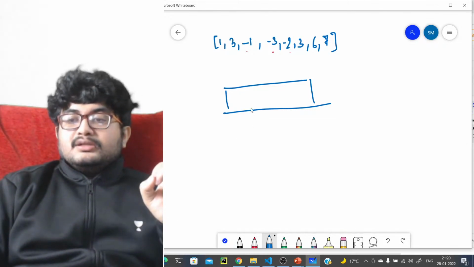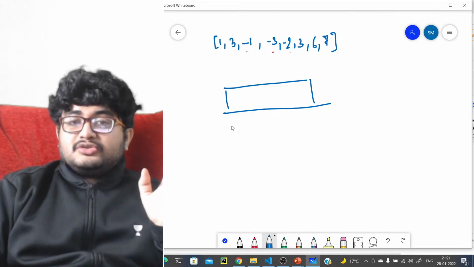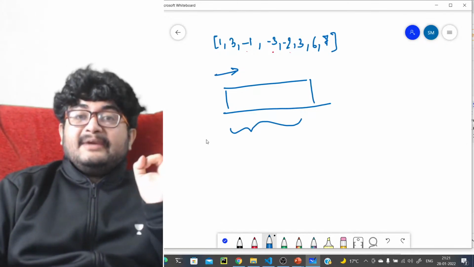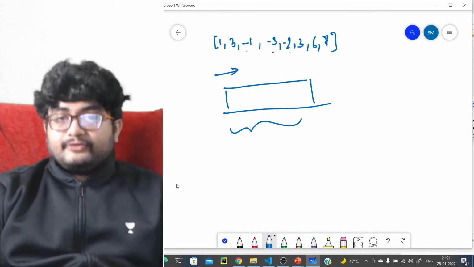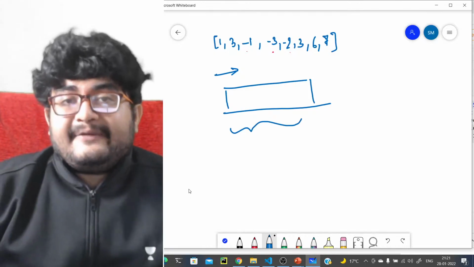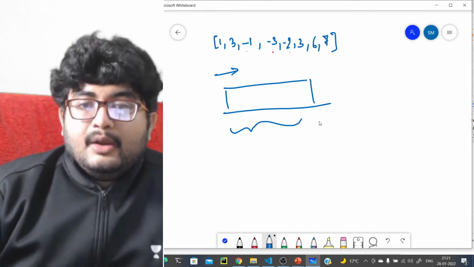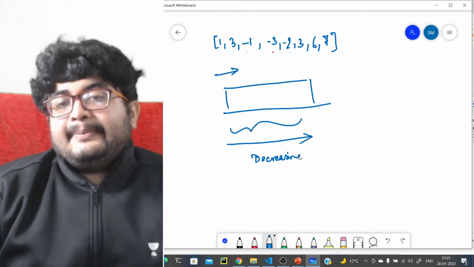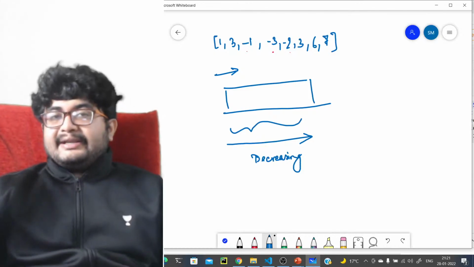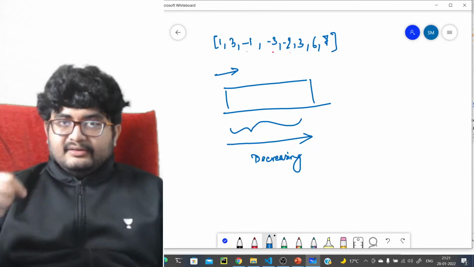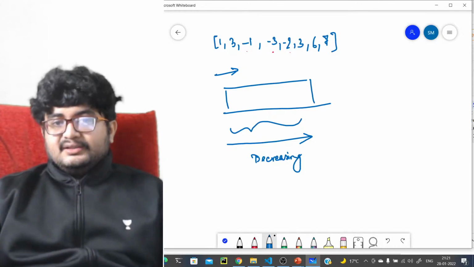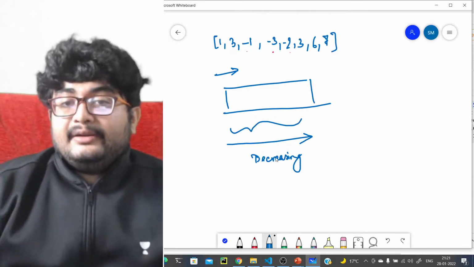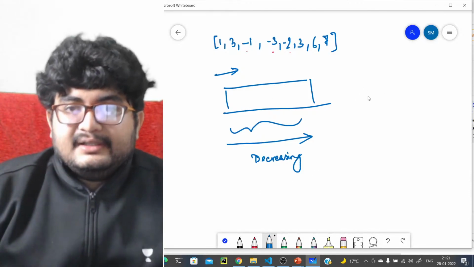So if you just look into this DQ, how should this DQ look from left to right? This DQ should be a decreasing DQ from left to right. Why? Can anyone tell why should this DQ be decreasing from left to right? Just think about next greater element and stacks. What did we say? The stack was increasing or decreasing in one direction. Similar concept will apply here. Why is the DQ decreasing in one direction, from left to right? What does this DQ contain?